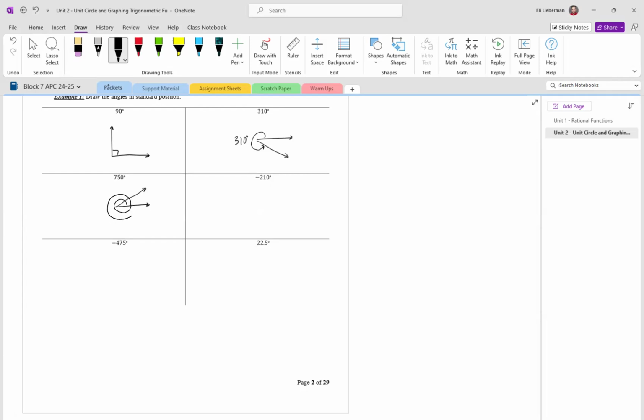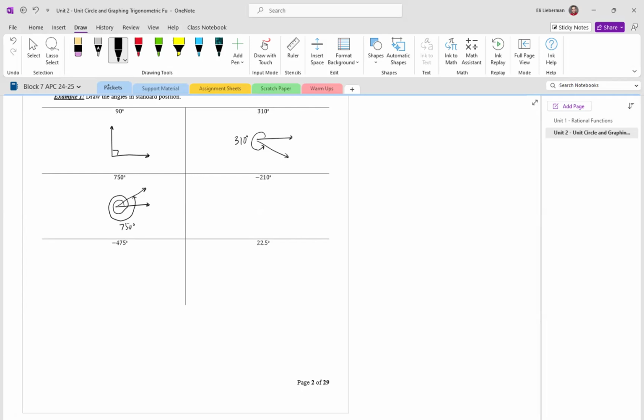Sometimes that's helpful. Draw concentric circles. Okay, this way, 720 degrees. And of course, this is 750 degrees. And this brings up a vocabulary word, angles that coincide with each other, or coterminal angles would just